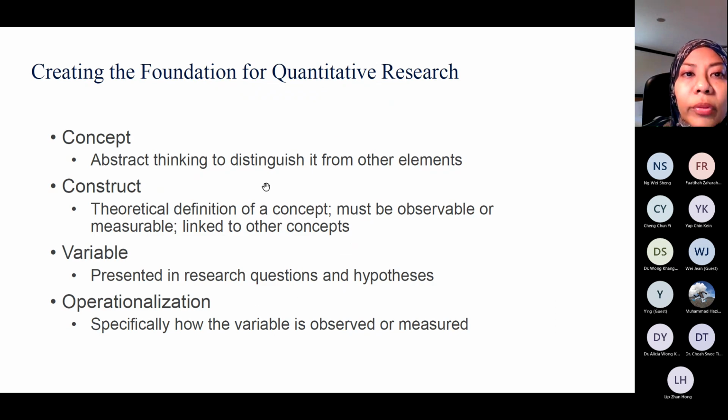Now, creating the foundation for quantitative research. The first thing that we need to have for the foundation is to come up with a concept, which is abstract thinking to distinguish it from other elements. For example, earlier Miss Sumiko talked about the topic of involving children in the tourism industry.